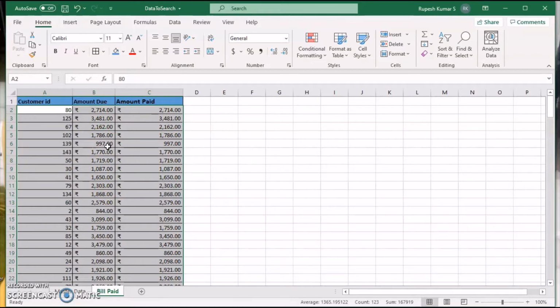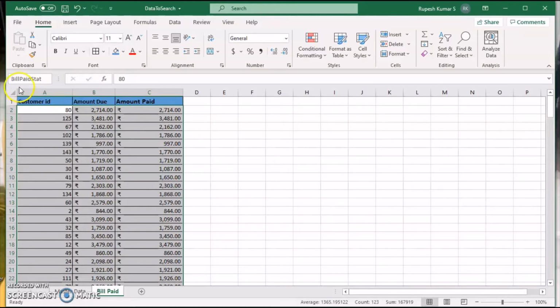But right now I am not doing that. I am doing it only for the data I have already captured, so it will not work if I add more values to it. So this is bill paid, and I am giving it the name bill paid stat.